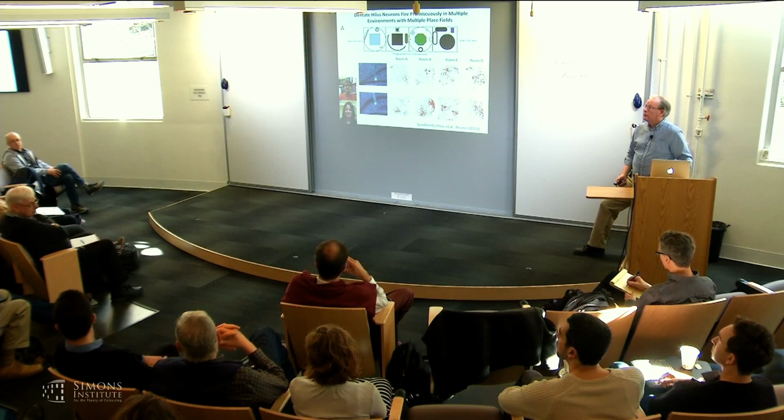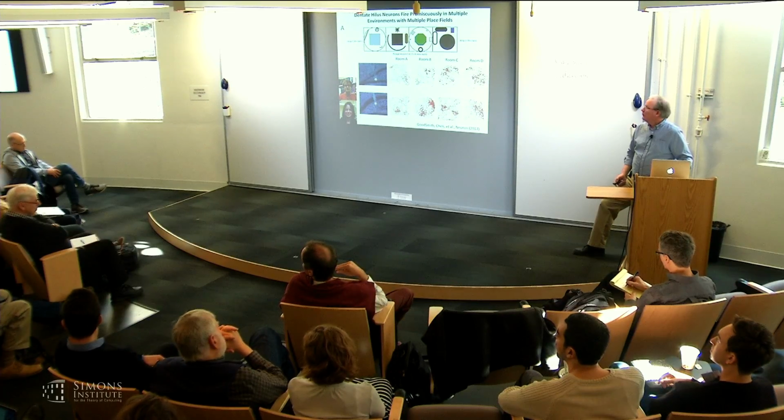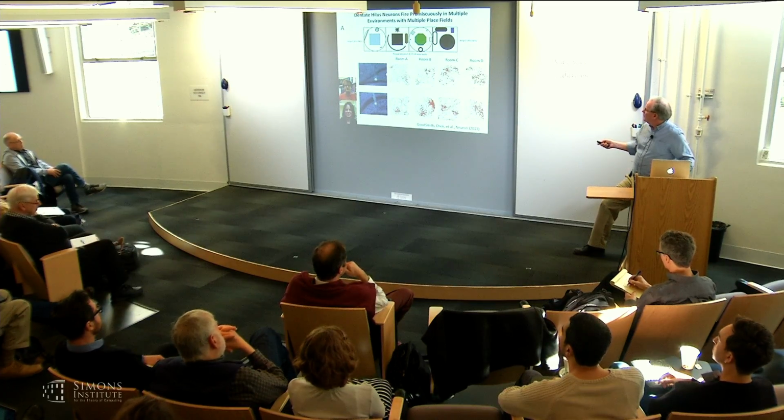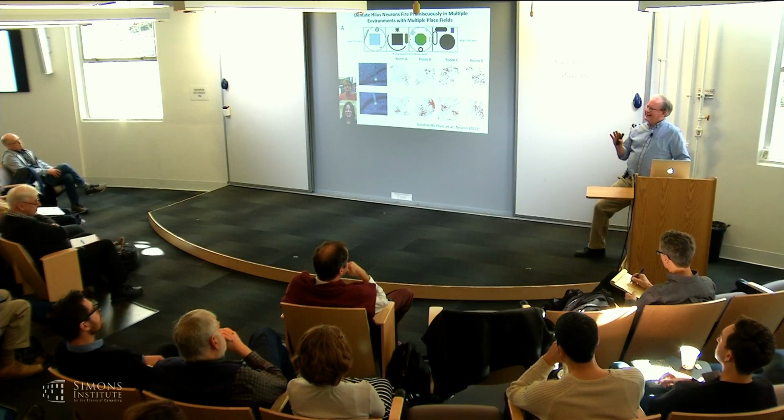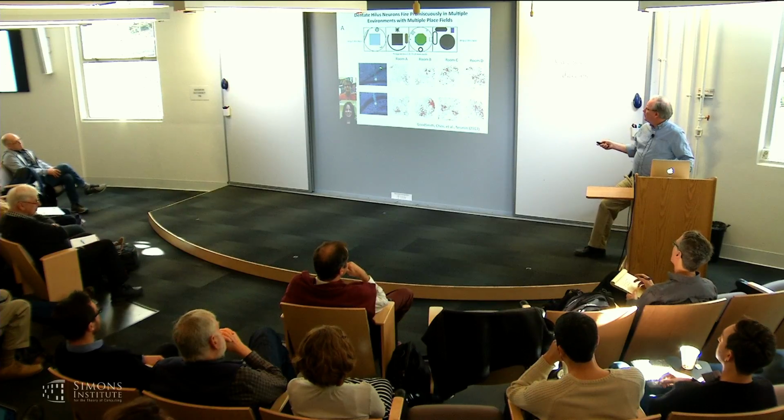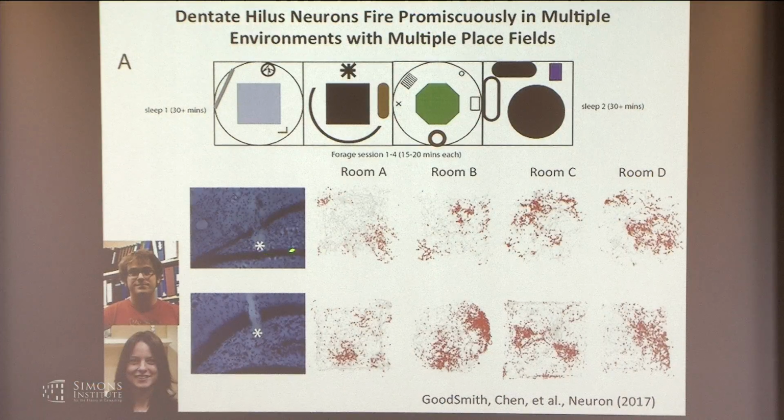So the Mazi cells get their inputs from the granule cells? They get inputs from granule cells, which synapse onto Mazi cells, and they can feed back to granule cells. That anatomy is not exactly worked out, but the interesting thing is the synapse from the granule cell onto the Mazi cell may well be the most powerful synapse in the brain. So Helen Scharfman has data in slices where she can record a granule cell and then record Mazi cells, and if she finds two of them that are connected to each other, she reports that every time this granule cell fires, it always produces an action potential in the Mazi cell. So it's really like a one-to-one synapse.